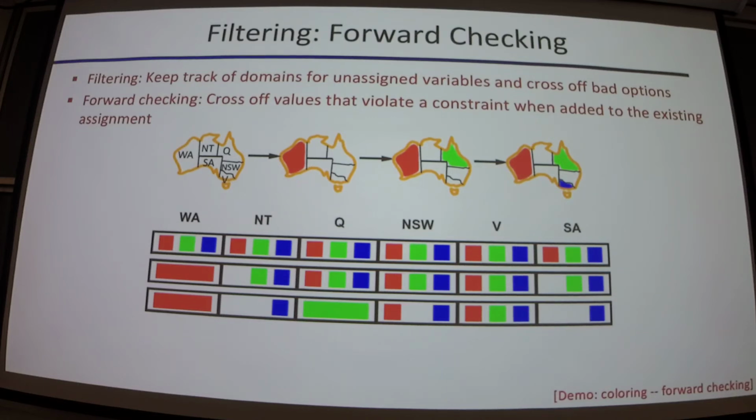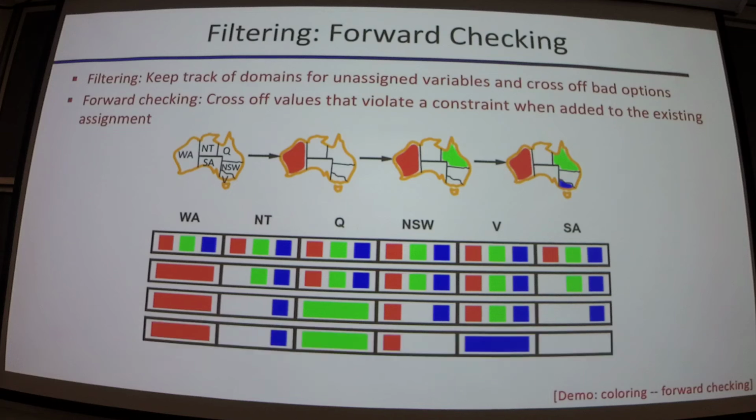SA and NT only have one available value and they're next to each other. Right. Yeah, so we, as people smarter than this algorithm, can identify that there's a problem already. But because we're not checking unassigned constraints yet, we don't see it yet. So we'll get to that in a minute.